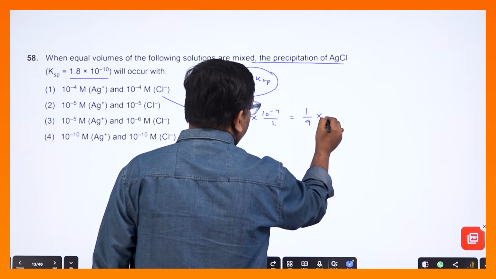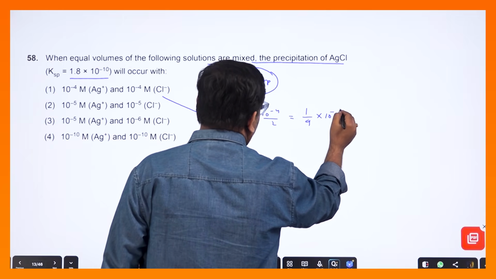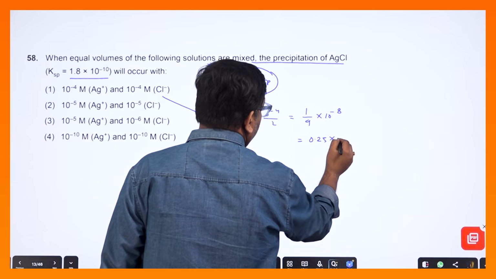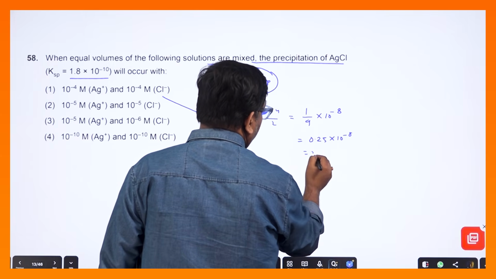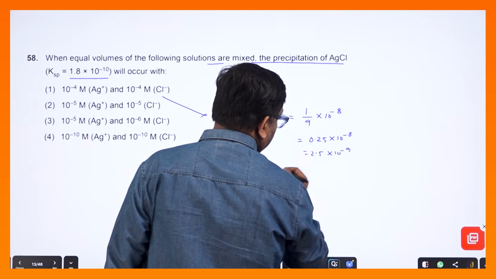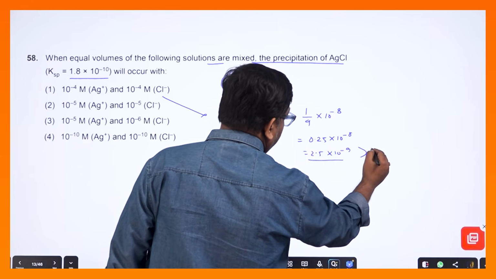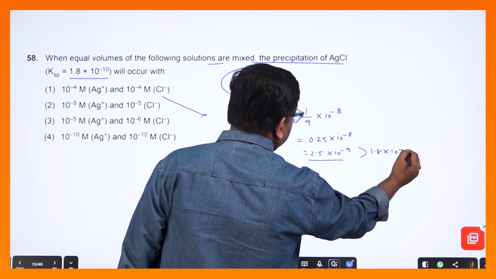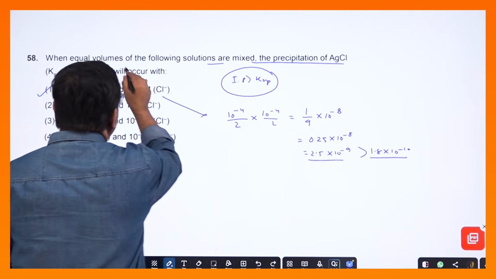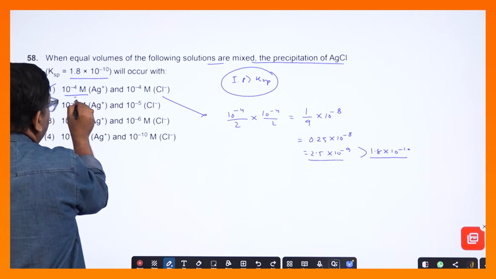তার মানে 1/4 ইন্টু 10⁻⁸, তার মানে হচ্ছে 0.25 ইন্টু 10⁻⁸ মানে 2.5 ইন্টু 10⁻⁹, তাই তো? তাহলে দেখো এই যে ভ্যালুটা এটা 1.8 ইন্টু 10⁻¹⁰ এর থেকে বেশি হচ্ছে, তাহলে অ্যান্সারটা হয়ে গেল 1। 2 দিয়ে ডিভাইড করা গুলো যদি ইকুয়াল ভলিউমে নিয়েছি তাহলে এটা বাই 2 হয়ে যাবে, এটা বাই 2 হবে।